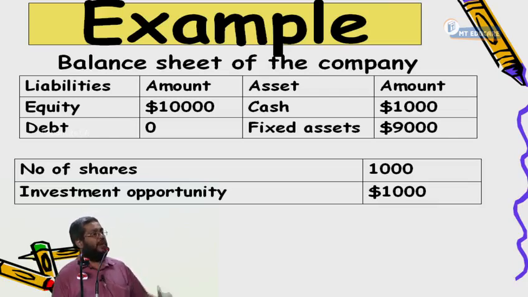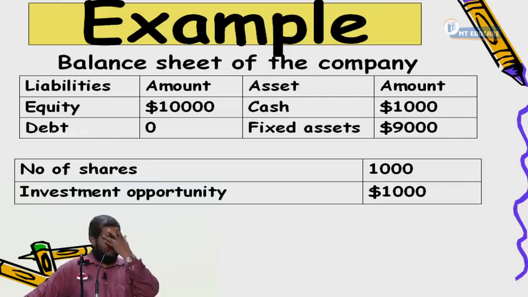The word fair value means what? Present value of the future benefit. Is the fair value of fixed assets. Can I proceed or not? Next. Point B, C or D? D. Point D.